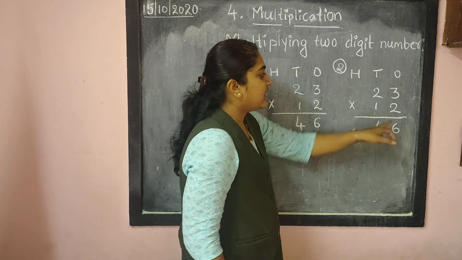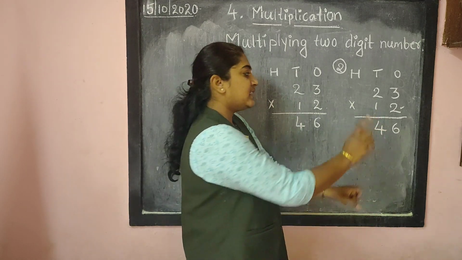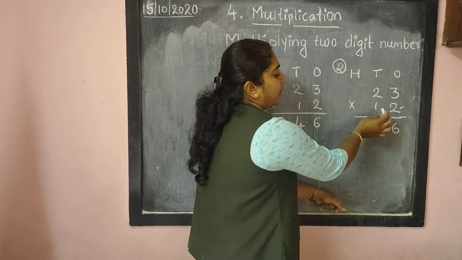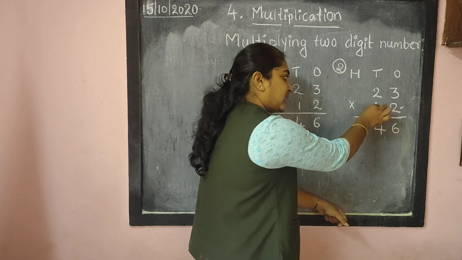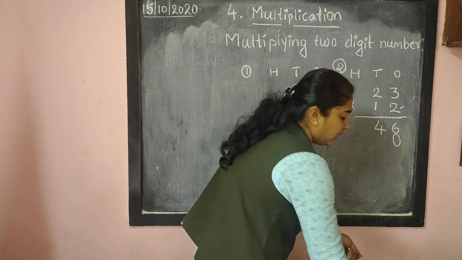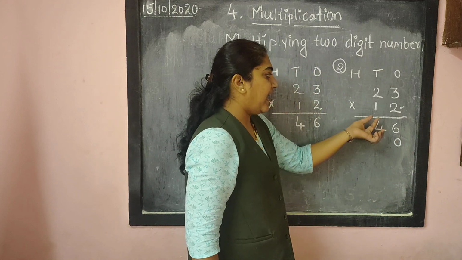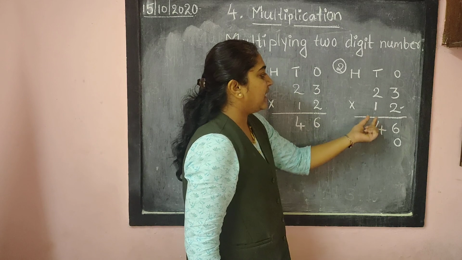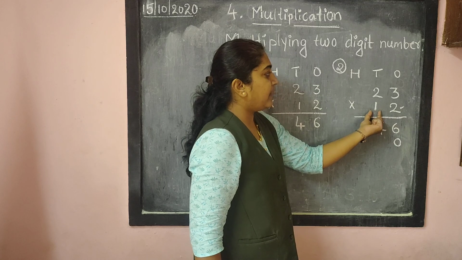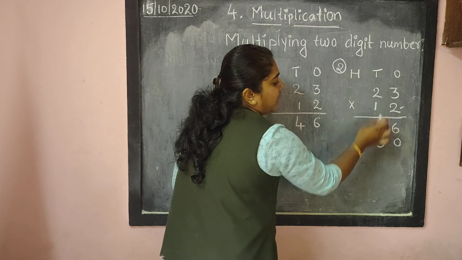See what we have to do now. And what about this? How do we have to calculate this? Same way. Calculate with the ones place and afterward with the tens place. But before starting with the next number, simply write 0 in the ones place. After writing this 0, start multiplying this number with the ones place and this number with the tens place. So 1 3 is 3, 1 2 is 2.